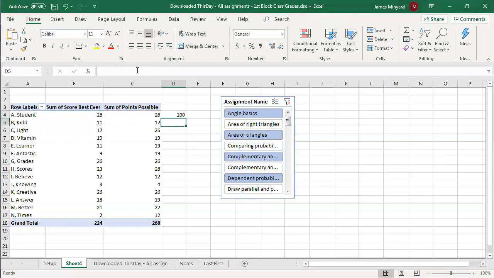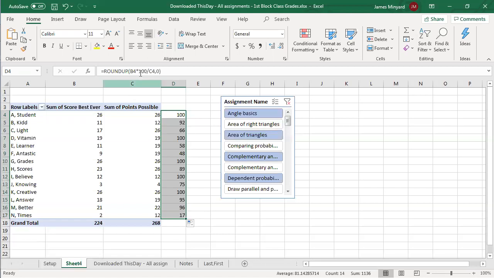Times 100 will make it a fully numerical value, so this is as a percentage. If you're doing this part, I like to do different point values to give greater weights and for students to practice learning averages. If your point value is say 30, you can multiply that times 30 and it'll give you your points out